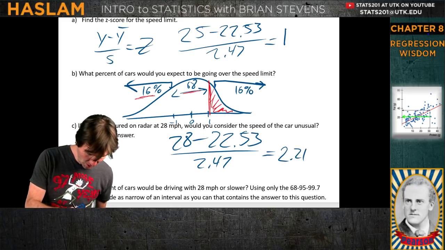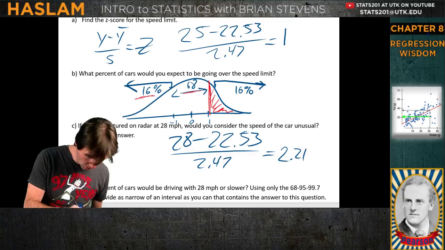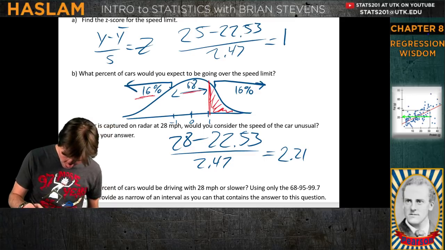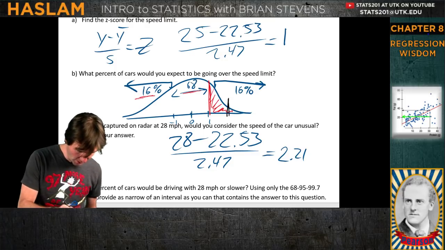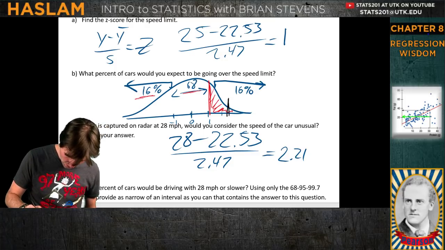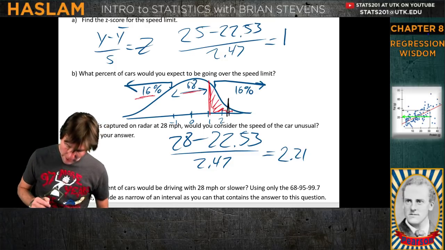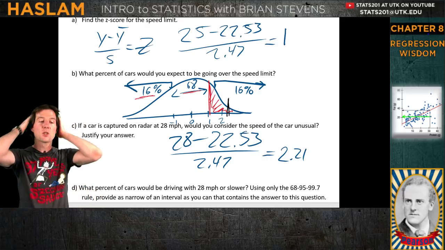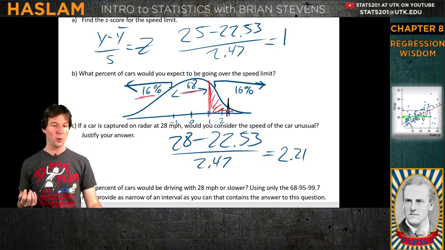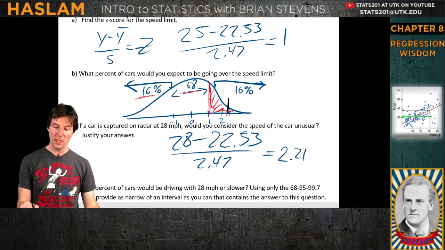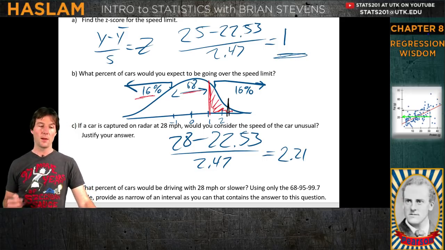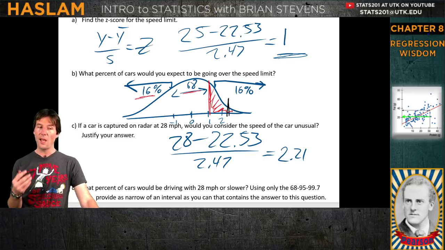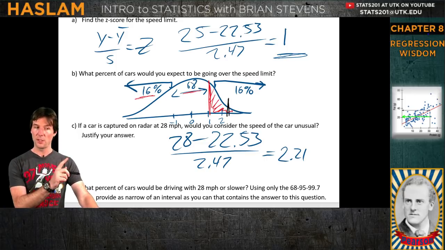On our curve up here, it would be somewhere over about there. So that's where it would be. It's kind of unusual. Now, if I were to turn this into a test question, I like to make things very unusual or very not unusual. The speed limit up here with a z-score of 1 is pretty not unusual. Z-scores of 2 are kind of outliers. Z-scores of 3 are definitely outliers.